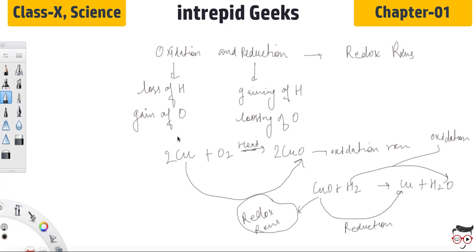There are a lot of examples of redox reactions. I want you to find examples of redox reactions from your NCERT or any book which you prefer. Also, let's recall activity 1.1, which was related to burning of a magnesium ribbon. The magnesium ribbon was burning with a dazzling flame in air, that is oxygen, and it was turning into what? Magnesium was turning into magnesium oxide. So is it getting oxidized or reduced? Yes, you are right, it is getting oxidized.